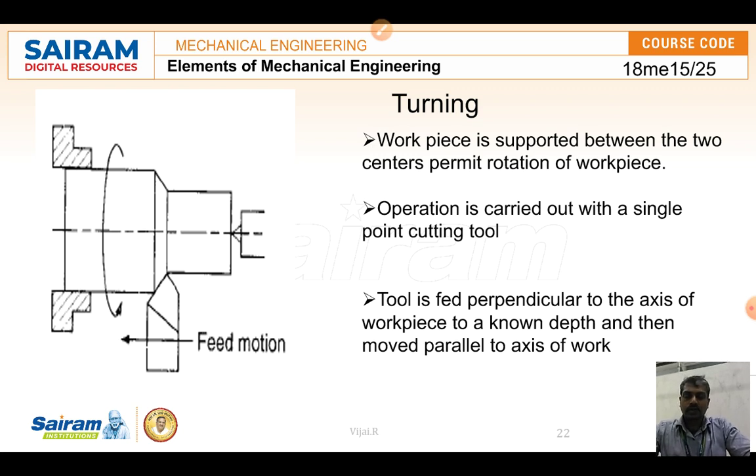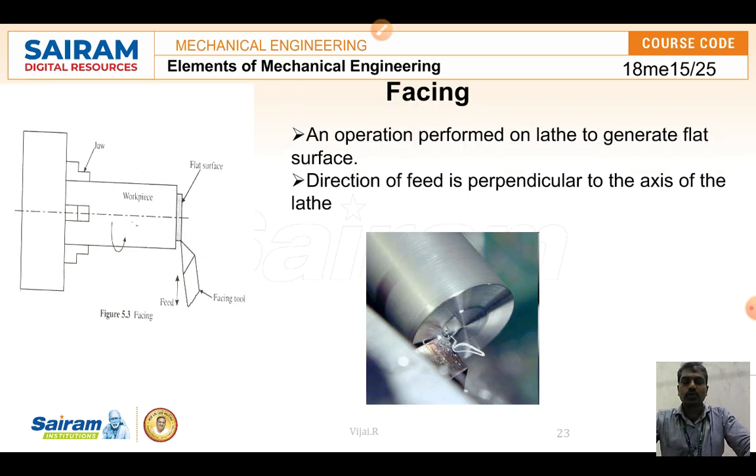A single point cutting tool is used for cutting, which is held in the tool post of the lathe. There we use the single point cutting tool, give a small perpendicular feed as depth of cut, and then move it parallel to the axis in a to and fro motion. The cutting tool can be moved left and right along the axis of rotation, so the raw material can be removed. This is the turning operation, which is used for the reduction of diameter.